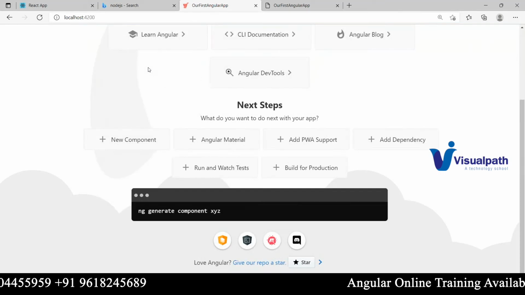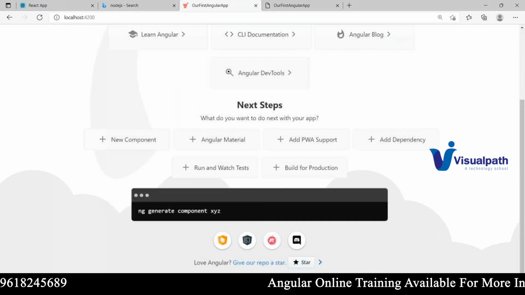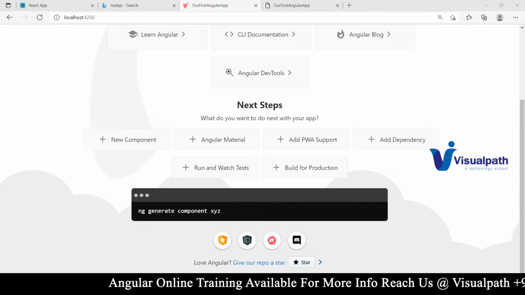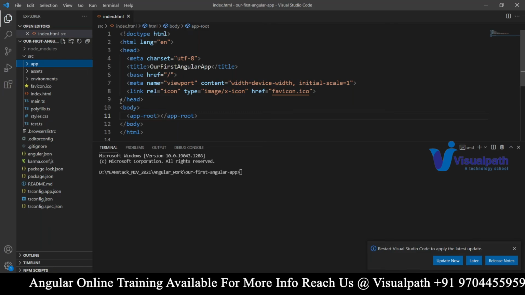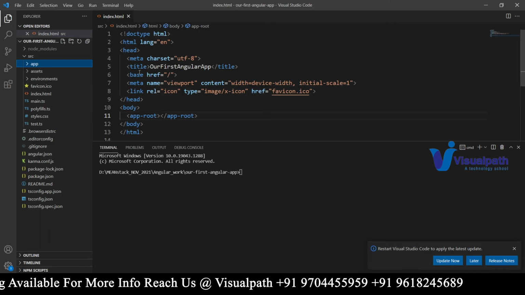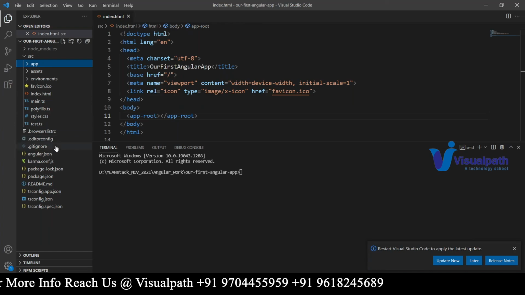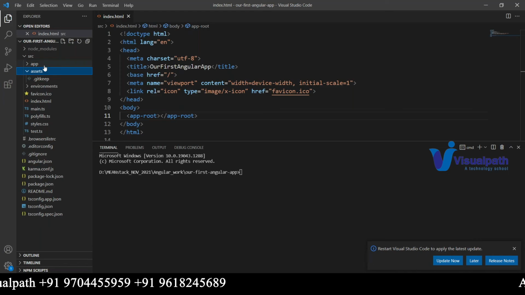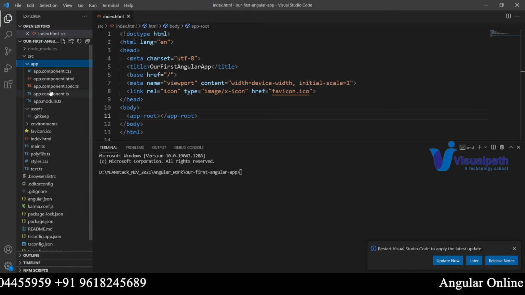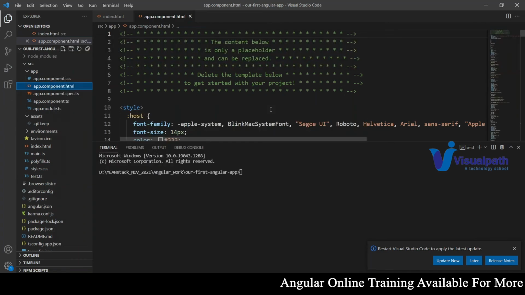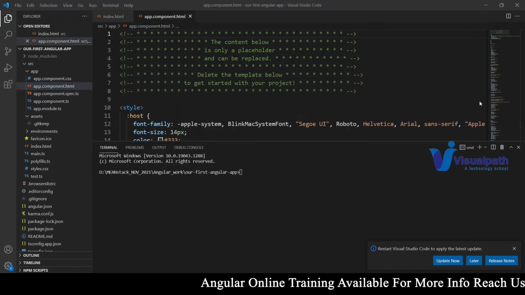So much other data is there, many things. Now I don't want all of these things. Actually, there is something here called app. Within the app, you have app.component.html. One subfile is there called this one, and this is responsible for displaying the